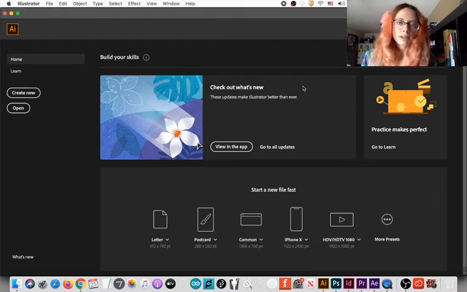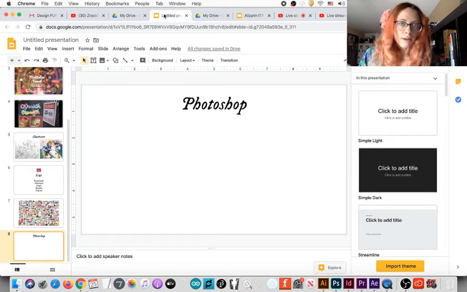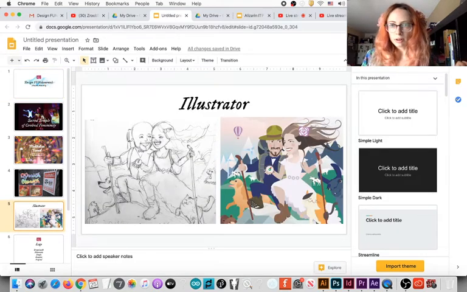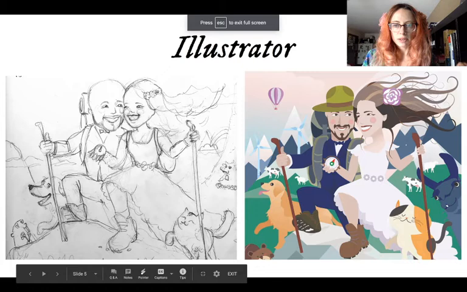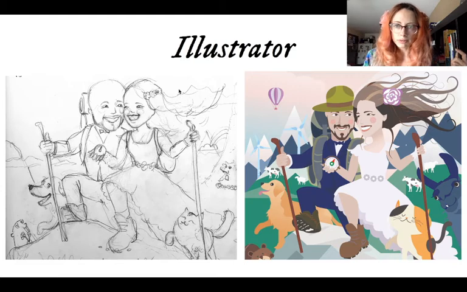Okay, so Illustrator. Illustrator has a vector way of thinking. Here's an example of an illustration I did. I started with pencil drawing on the left, and then I traced it, most of it by hand, on Illustrator.